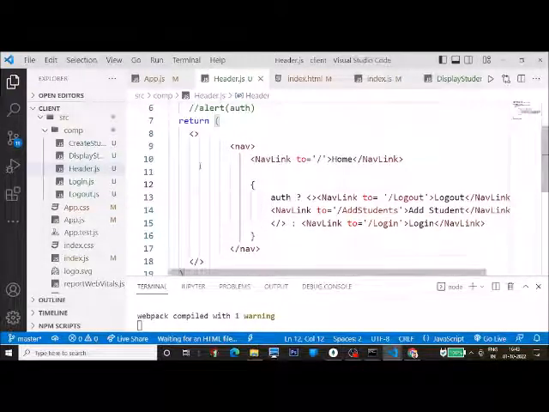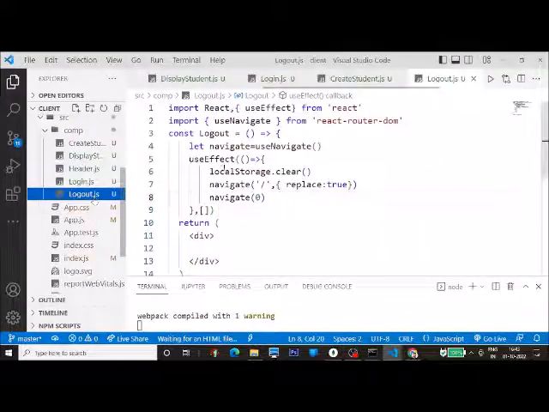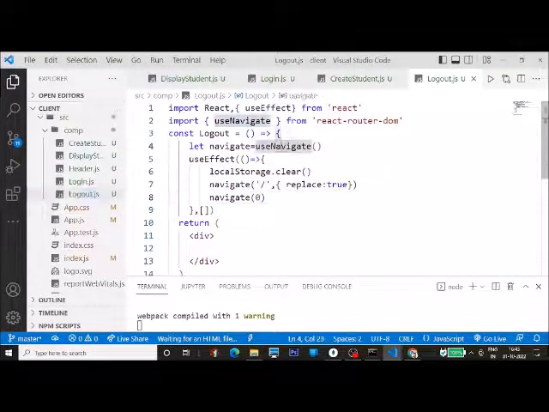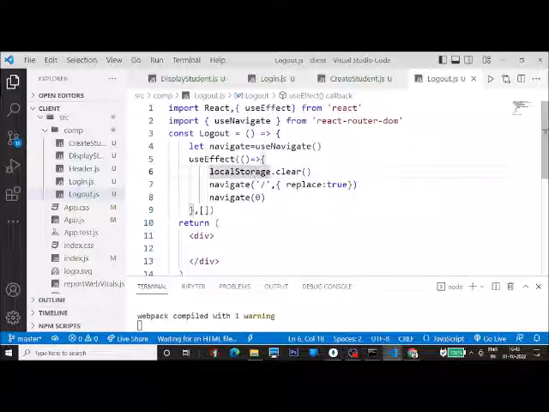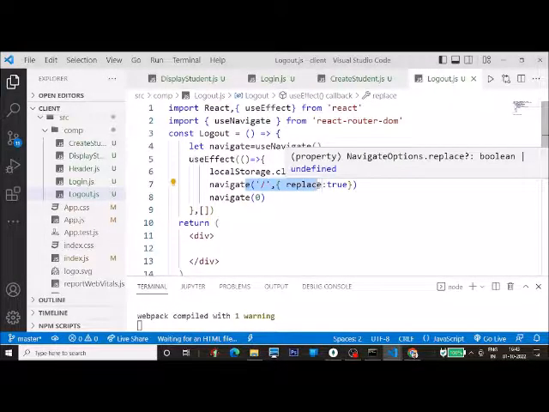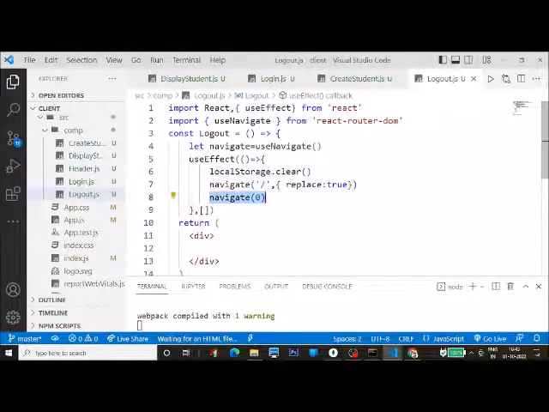And that way in logout.js what we have written, we have used navigate, then useEffect, we'll also create, and then we navigate to this root page, and then navigate 0 means it will refresh the page. So this way the whole thing will